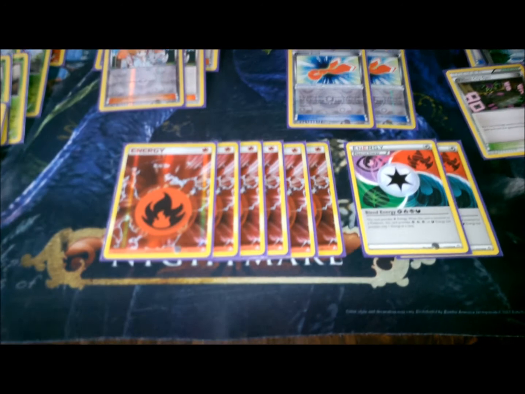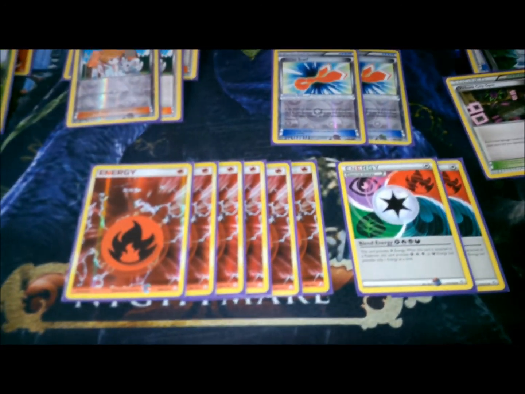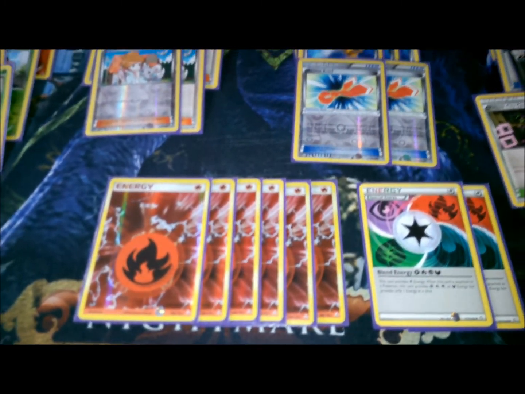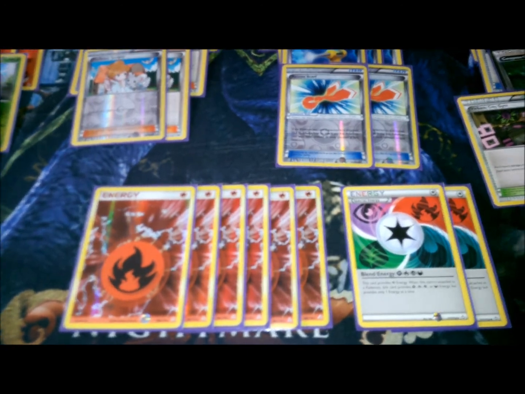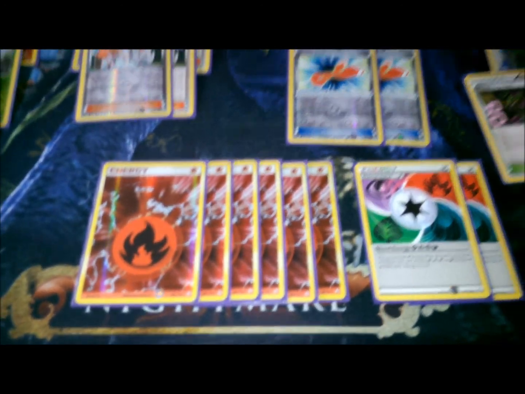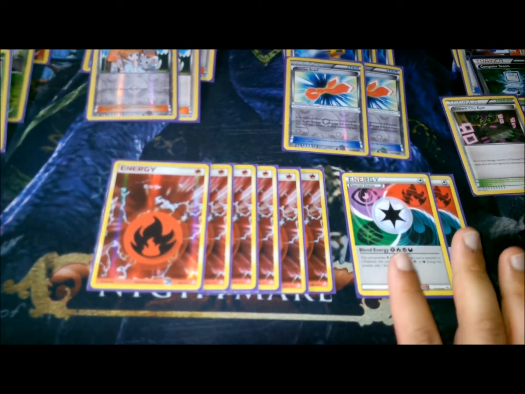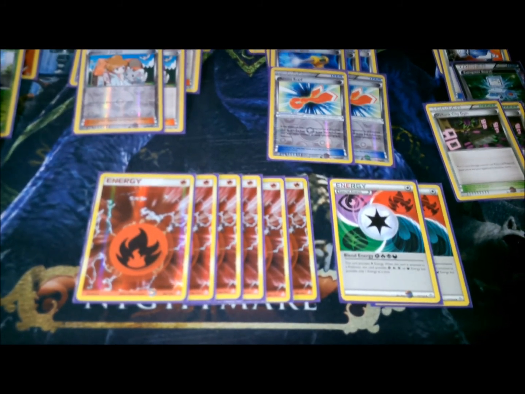And here's the best part. You don't need to run too many energies. These will be leaving soon. I used to run Sigilyph in here. It was really good, a good tech card to slow things down. But at the same time, I found myself trying to use it sometimes, so it wasn't that helpful. So at the moment, I have 6 fire energies and 2 blends. The blends are just in case I have to hit with an Amoonguss, but for the time being, I might just drop it down to 1 maybe, because I don't really need it too much, and put